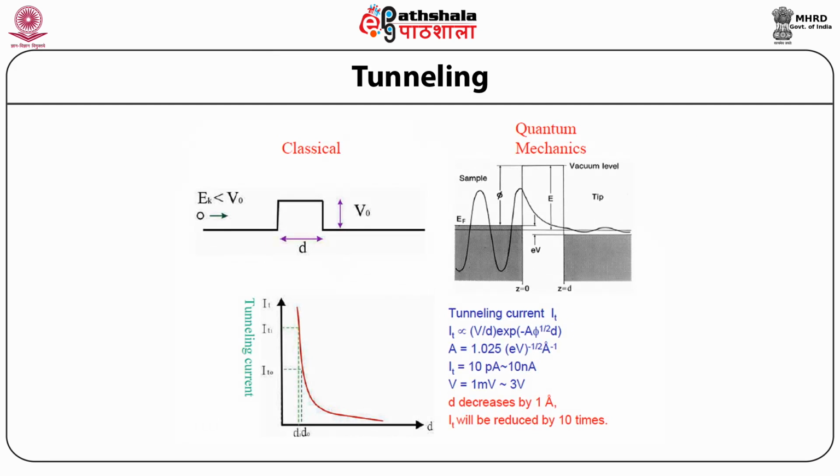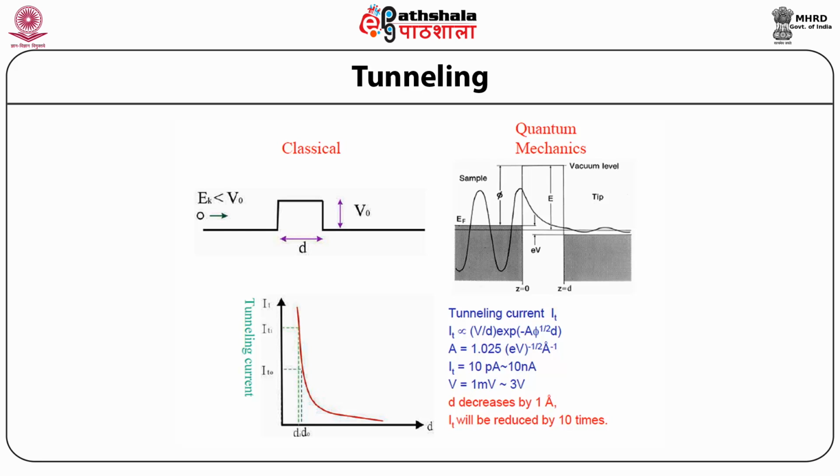So students, as we have already discussed quantum tunneling, let us discuss this tunneling effect more elaborately. As we can see here, classically no tunneling is possible if the energy of a particle is less than the potential barrier V0. But quantum mechanically it is possible, as shown in the figure on the right-hand side, and the tunneling current